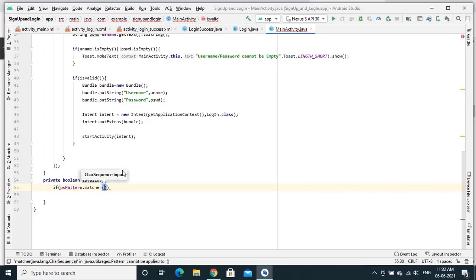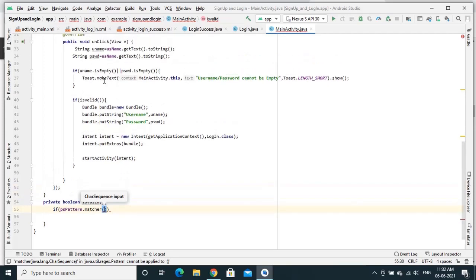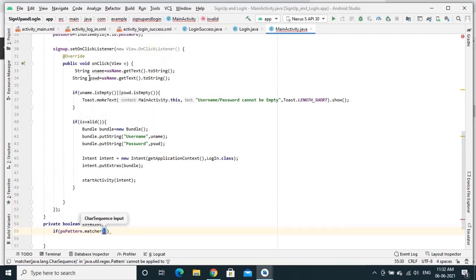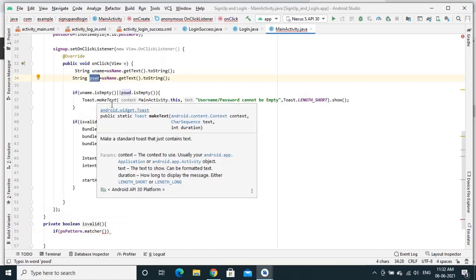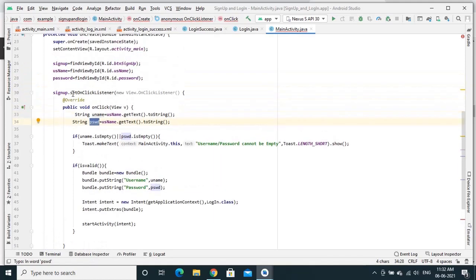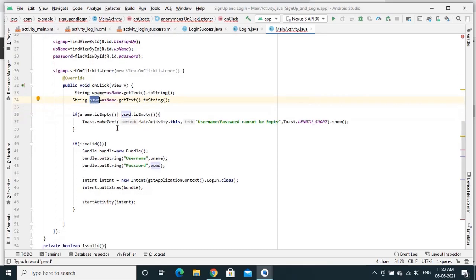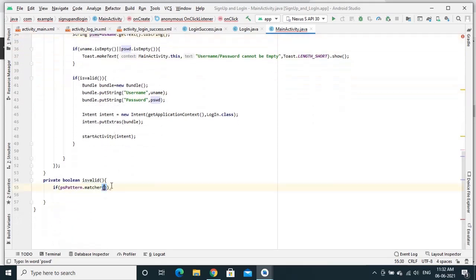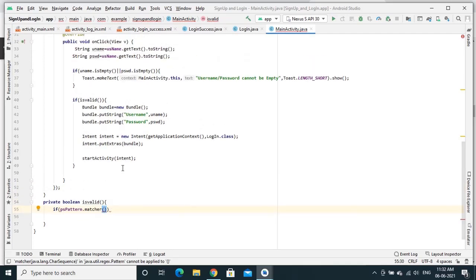The matcher input is the password. The password is inside this string, or you can also take it from uname also. Or the password is PSWD.